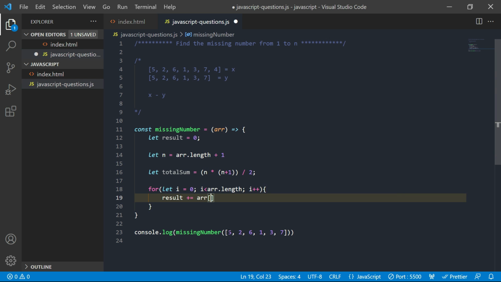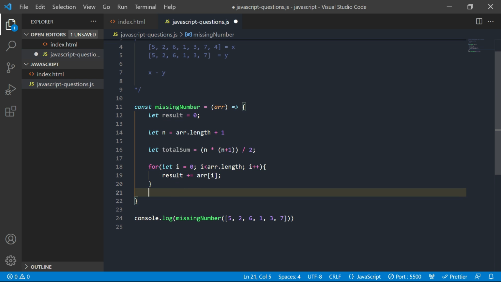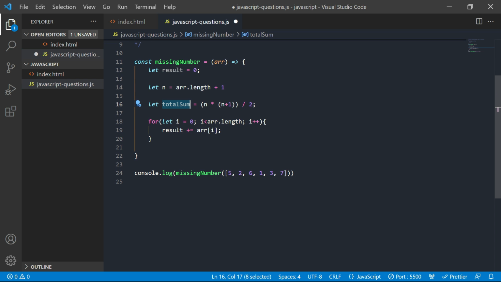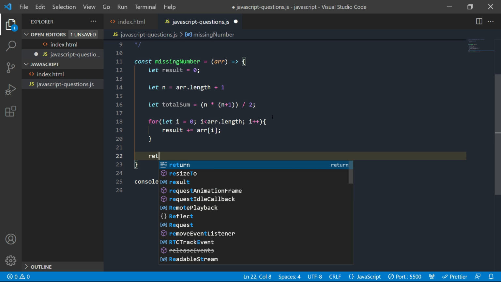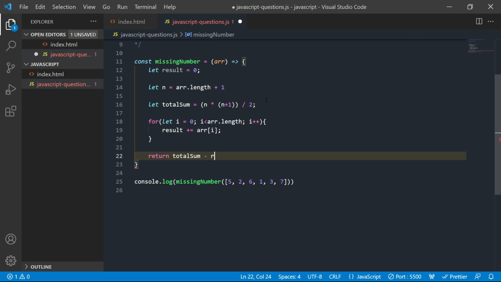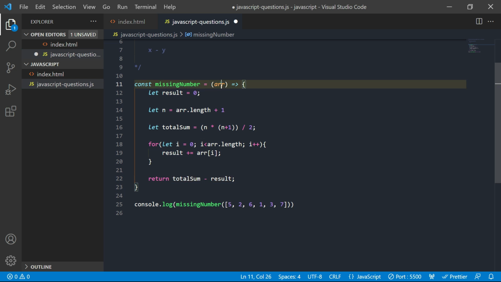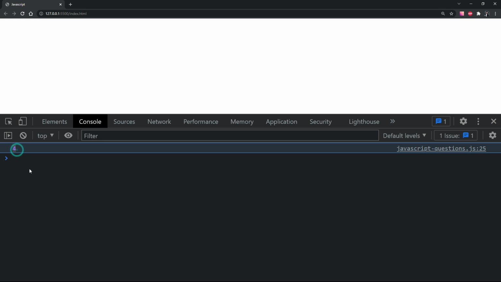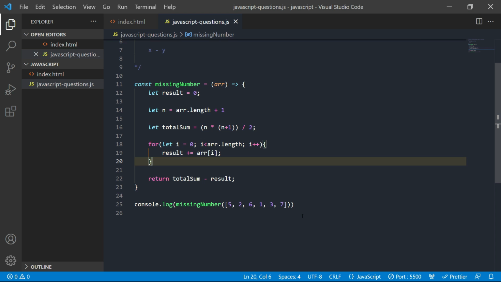Now we have the total sum and the result, the sum of the given array, and let's return the difference of these two. Then we'll get the missing number from the given array, right? So let's check the output. Yeah, so we got 4 as a result, which is the expected missing number.